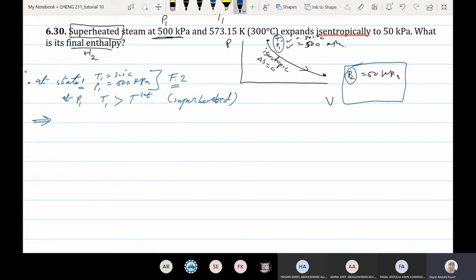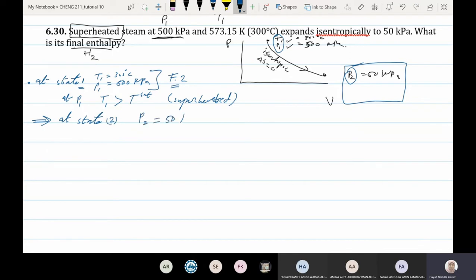Any information needed at state number 1, I can get it. Yani, if in the question they asked how much H1, how much S1, how much U1, you can get it, because you do have two properties that fully define the system. But the problem here is that they were asking for information about state 2, and at state 2 I only have